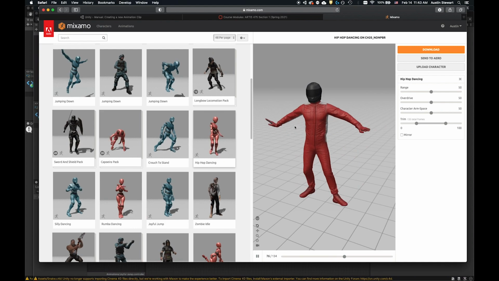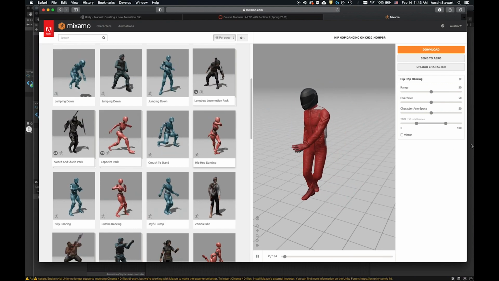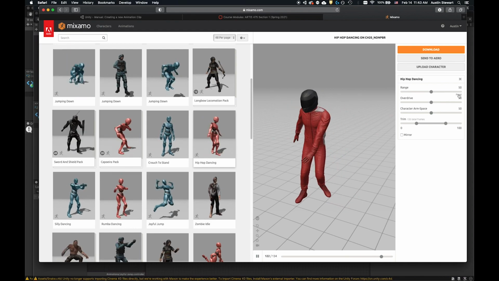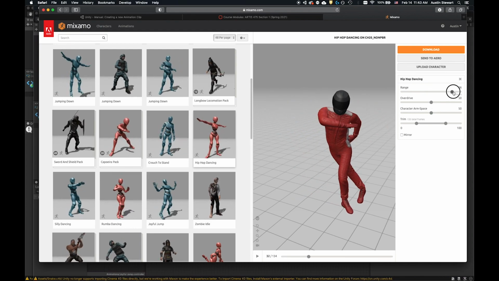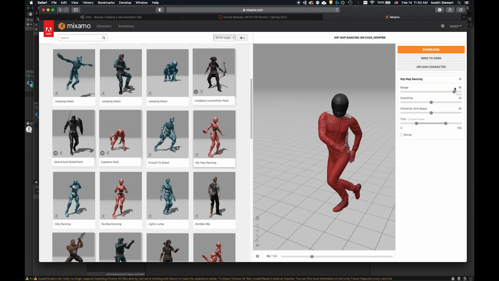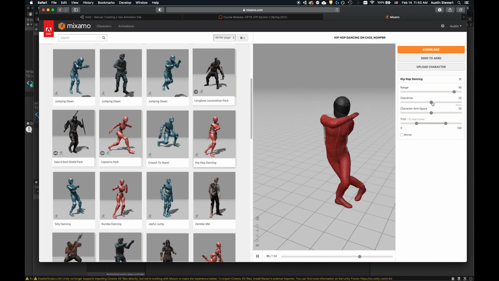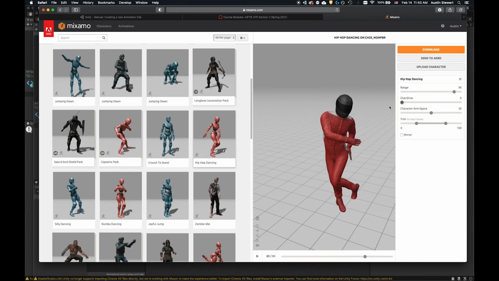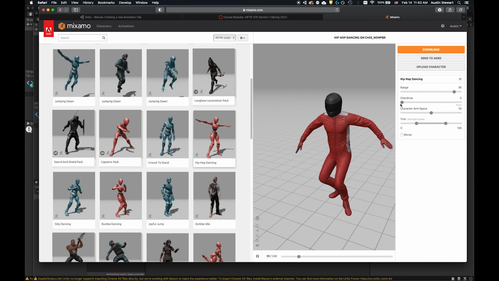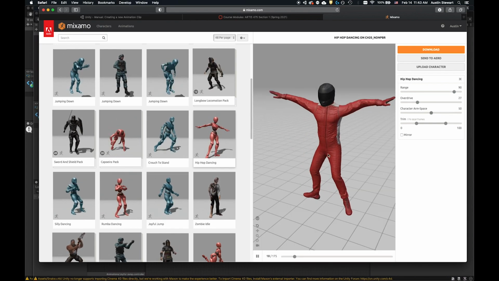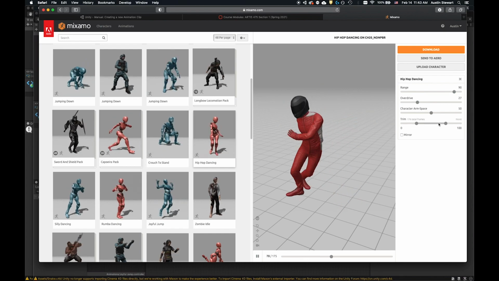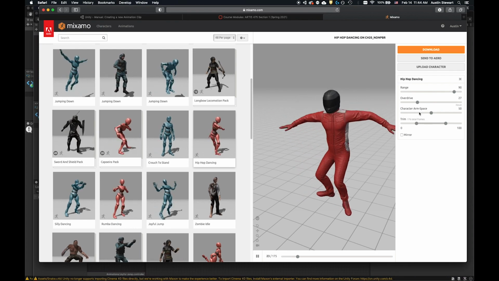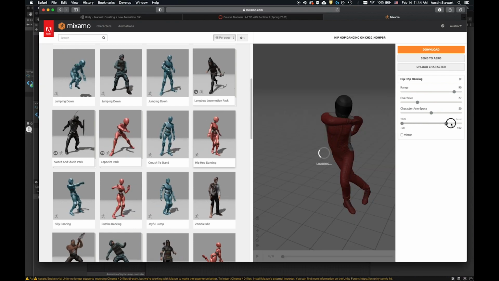So now the character is doing a hip hop dancing move, and if you've used this before, you know that you can have all sorts of different changes, right? You can make them go faster and slower, right? So this person can be really hustling, or they can go really slow, right? Depending on the model, you can adjust arm space and you can trim it off. So you can say however many frames of this animation you want. If you want the full cycle,